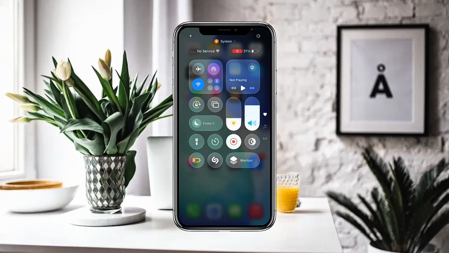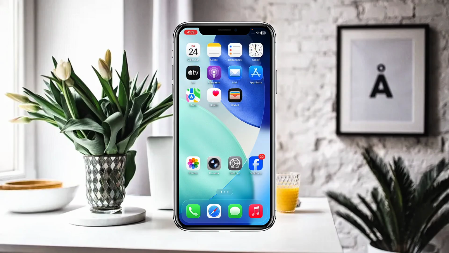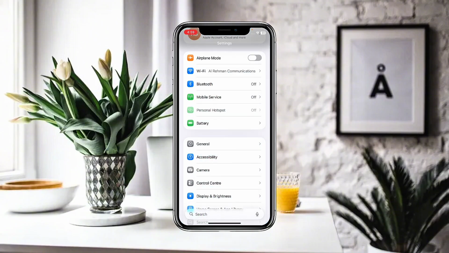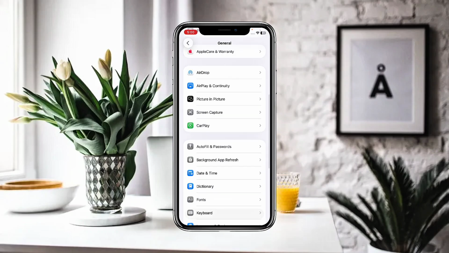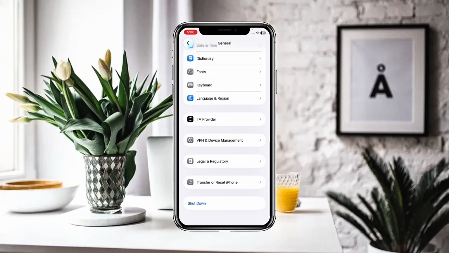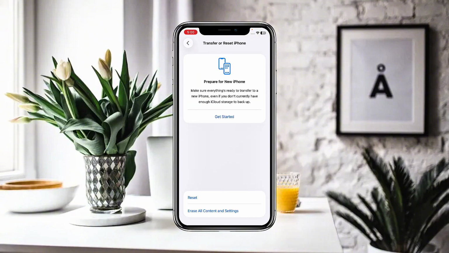First of all, you have to make sure that you are connected to a proper Wi-Fi and internet connection. After that, you have to simply go to settings, and in settings, you have to go to general. In general, you have to click on transfer or reset iPhone, and here you have to click on reset, and reset all of your network